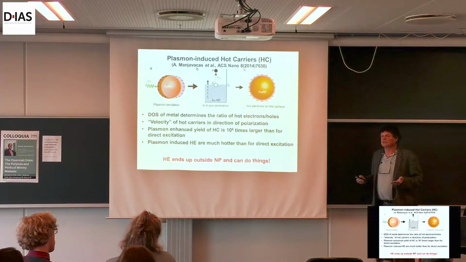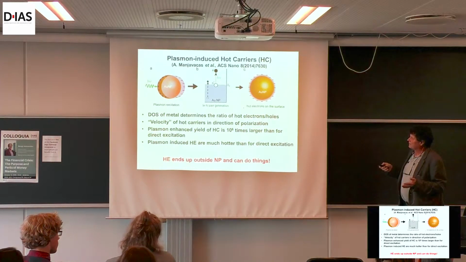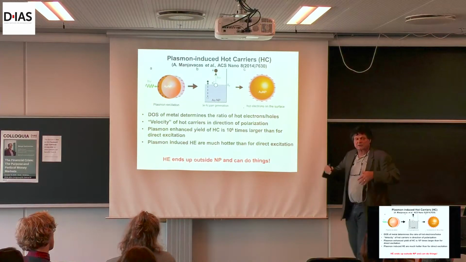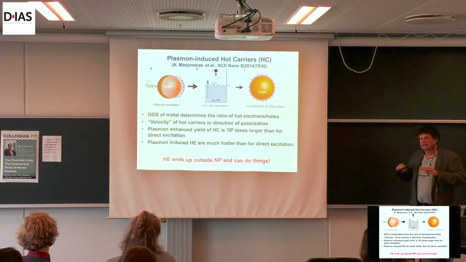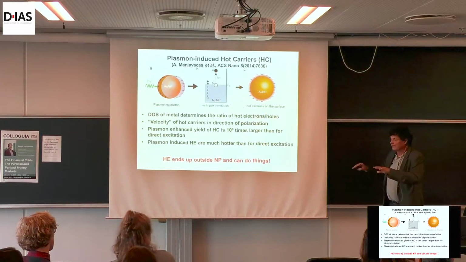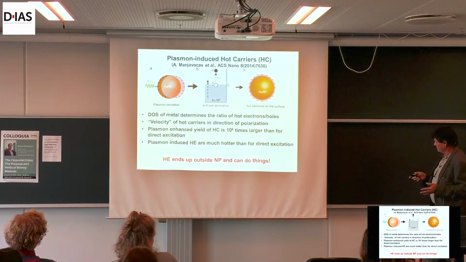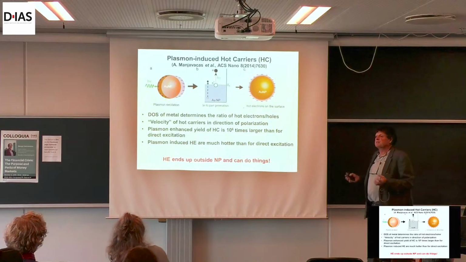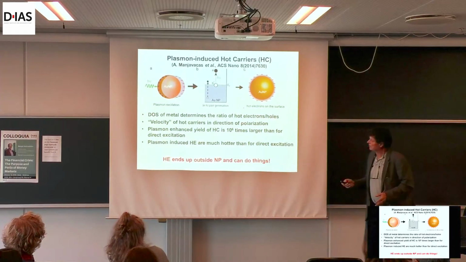And Naomi will talk a lot about interesting photothermal effects. But the point here is we are going to have these hot electrons and hot holes that physically are going to be outside the nanoparticle because they have higher energy, they are closer to the vacuum level, and they can do things. They can be injected, transferred into acceptors, or used in chemical reactions. And this plasmon-induced hot carrier generation is extremely efficient because you have this giant cross-section of the plasmonic nanoparticle.